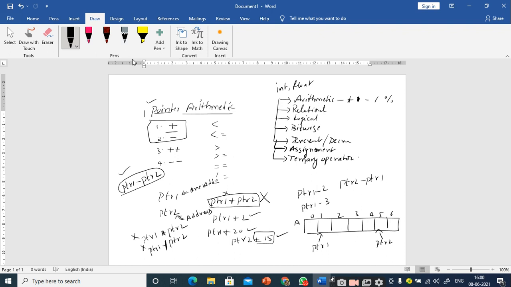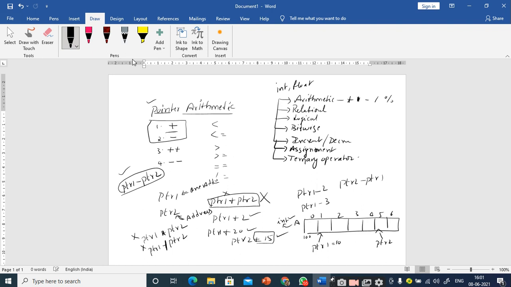Yes, sir. Right. For example, assume that the base address of ptr1 is 100. So what is the value of ptr1? Assume that a is an array of type integer. Now tell me what is the value of ptr1? 104.